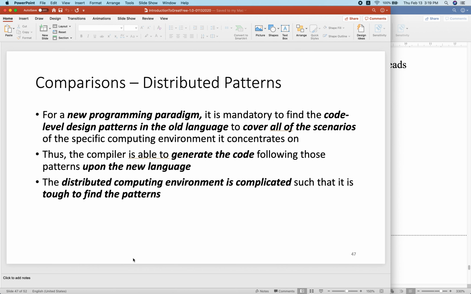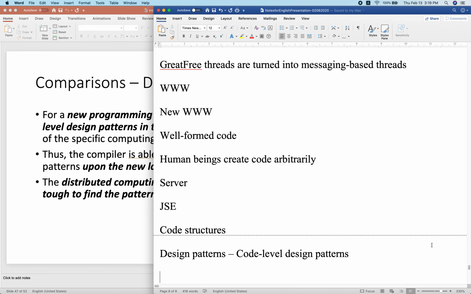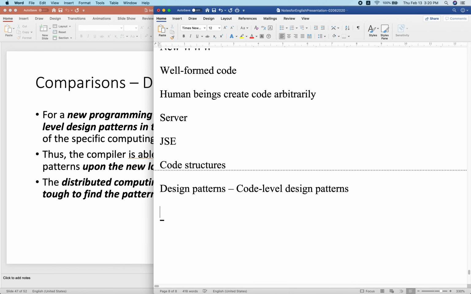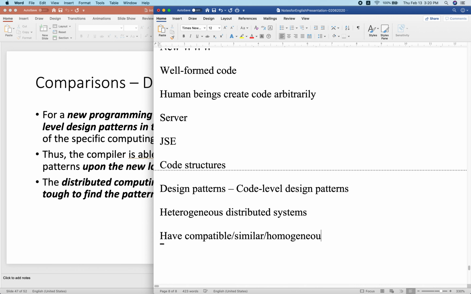So my discovery is that heterogeneous distributed systems have compatible, similar, or homogeneous code-level